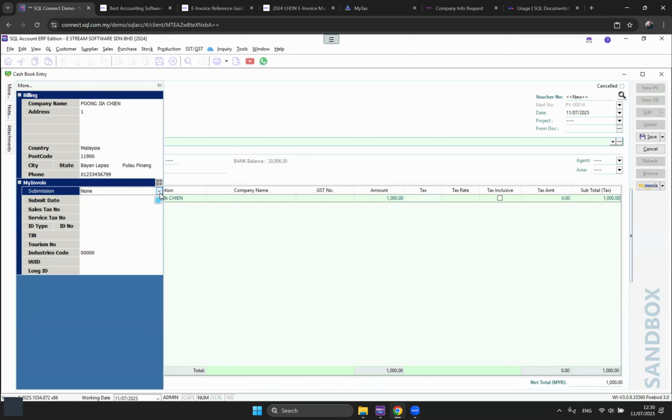Okay, submission. This one has to change to self-bill. They don't have any sales tax and service tax, so you just leave it blank. When we do the submission, inside the IRB we will capture as NA, because you put it as empty. Okay, this one, the ID type. If they provide you the IC, you can change to NRIC and then you put in the IC number. So this is my IC number. And if they provide you the TIN number, you can put in the TIN. If they don't, you can select general public. If they provide you both, you can key in the data. If they just provide you the TIN number and not the IC number,